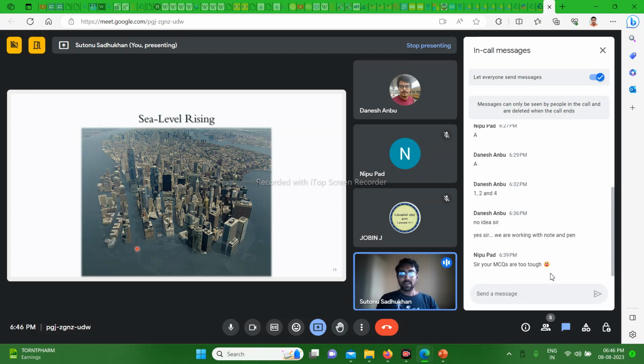Okay, so at this point I would like to emphasize one thing: global warming and sea level rise, those two threats. Do you believe that these two things are connected together? If yes, type Y. If no, type N, whatever you feel. It's not something serious, you can type. Okay, yes.